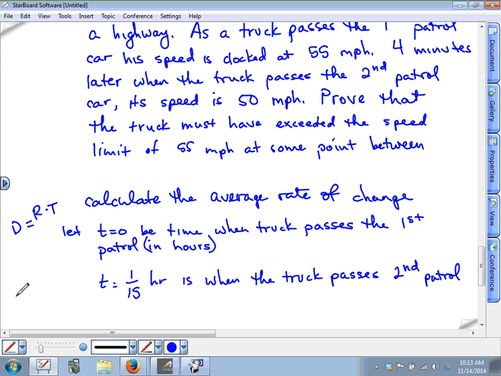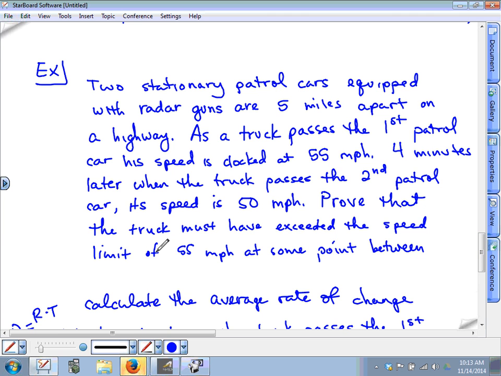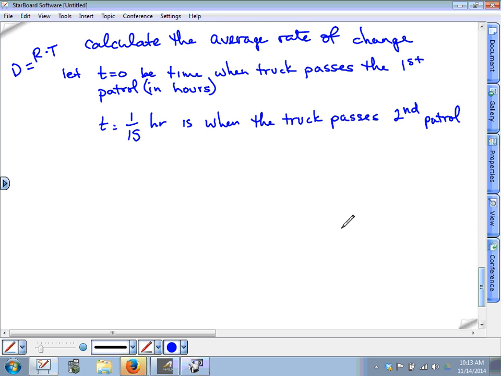We know the distance he traveled, 5 miles apart. So we know he traveled 5 miles in 1/15 of an hour. So then what was his average rate? Isn't rate equal to d over t? So it's 5 divided by 1/15. His average rate is equal to 5 divided by 1/15, which is